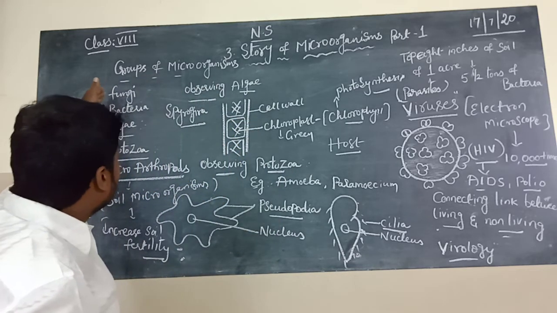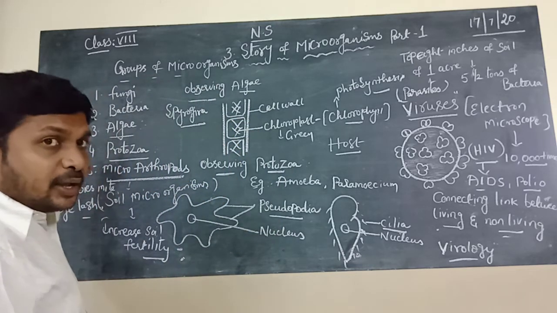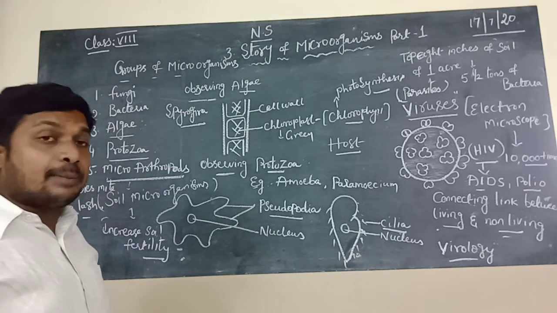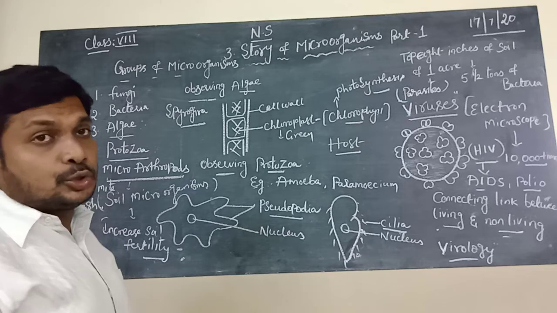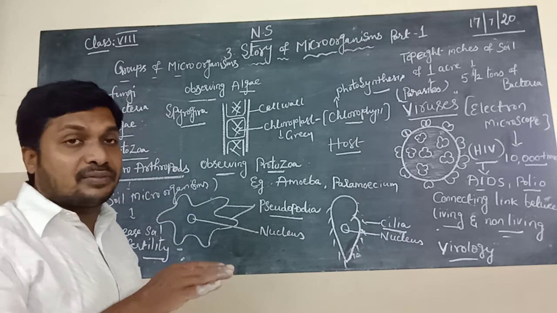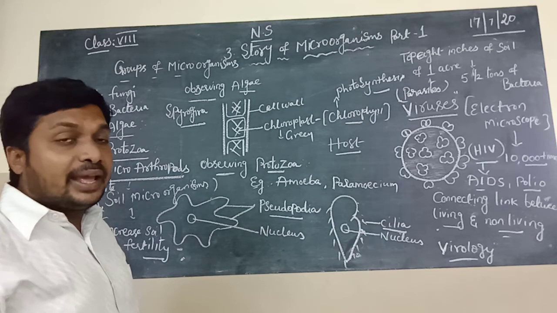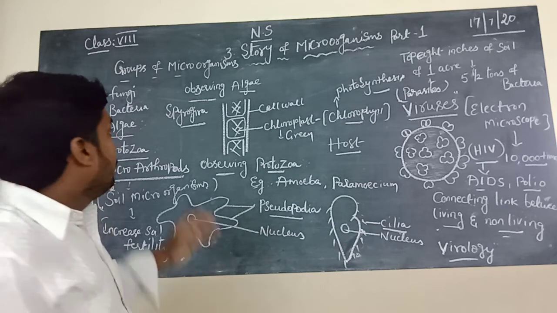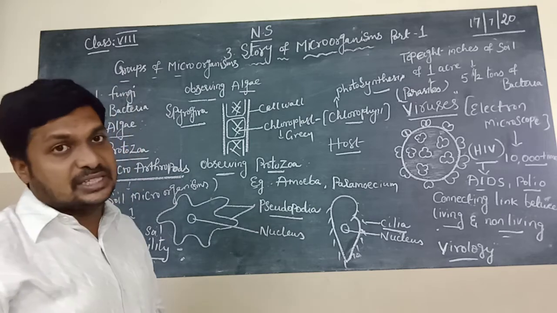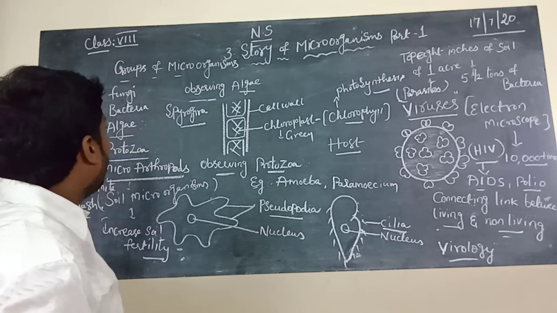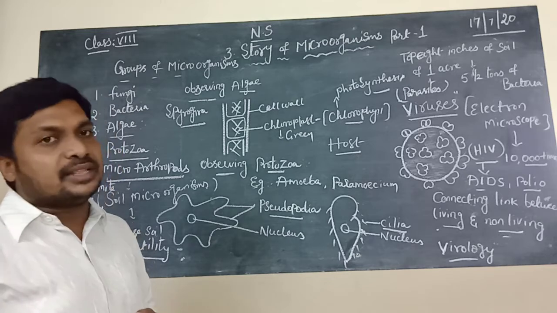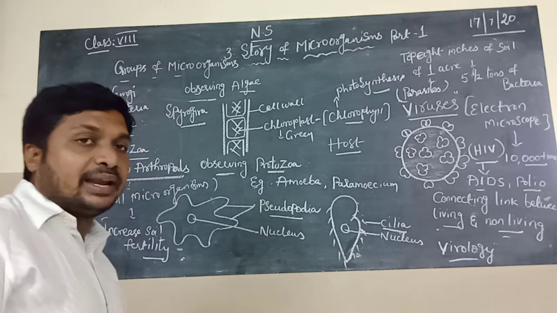Again, if you observe these 5 groups of microorganisms, fungi spoil the food material. Sometimes fungi are also useful to soil. They are helpful to clean the surface of the earth. They decay the dead organisms, which helps clean the surface of the earth. Sometimes fungi are also helpful to recycle the nutrients in the soil. So they are also called recyclers.